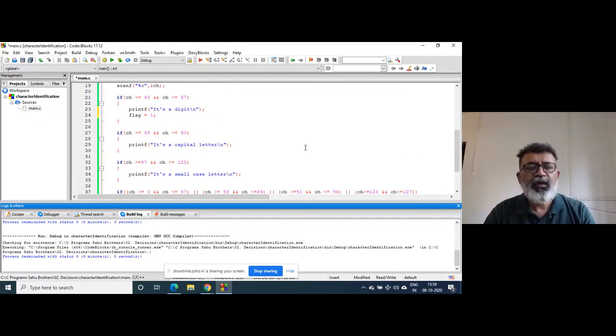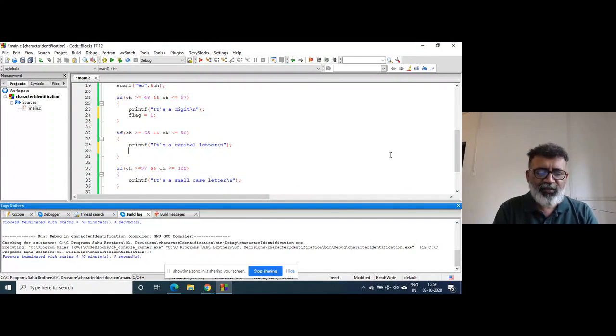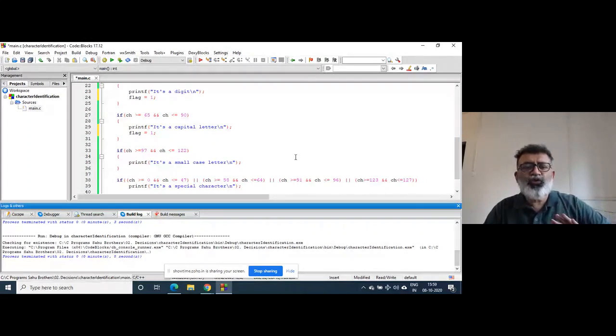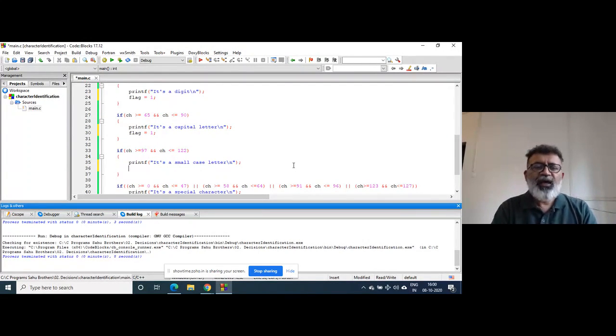In the same fashion, once it is decided that it's a capital letter, I will set the flag to 1. So inside, whenever any if condition is true, I will reset, or rather invert, that flag.